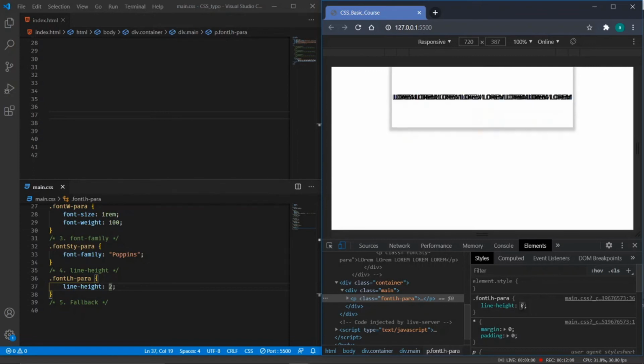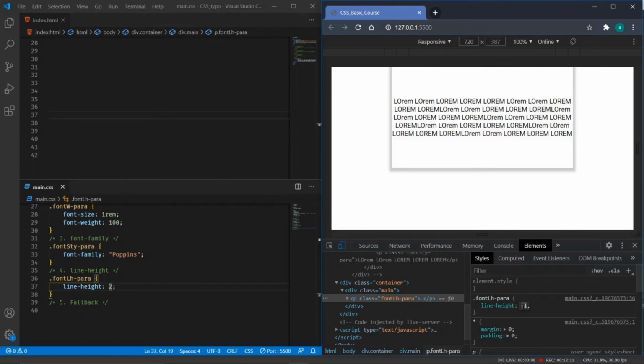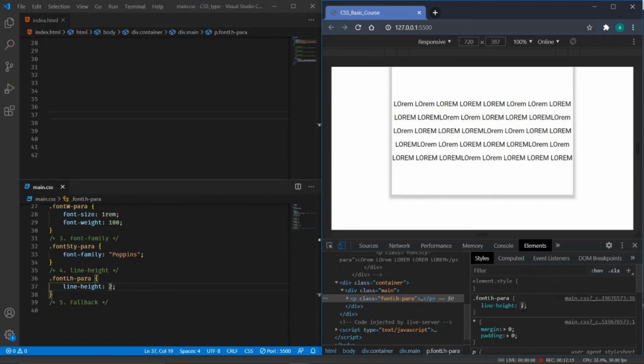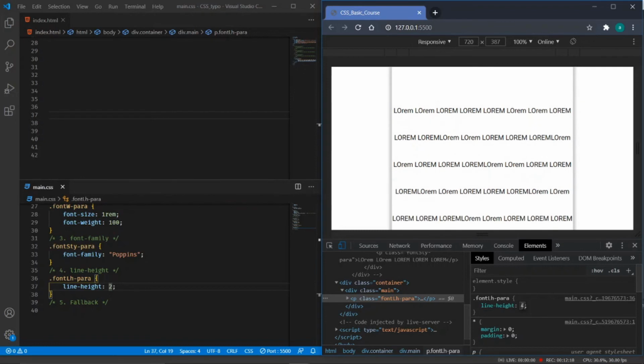So this is the way the line height works. In 0 you can see, negative is not working, 0 it's fine, 1 is the default one, 2, 3, 4, 5. So you can go number wise. Make sure you should not add any units, and as a best practice you should not use the line height with any unit. I'm saying like line height should not be 16 pixels, 14 pixels.